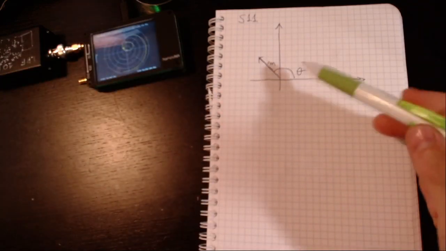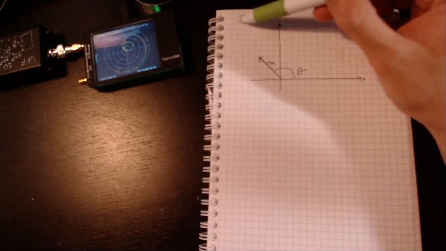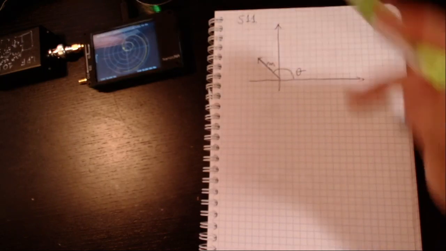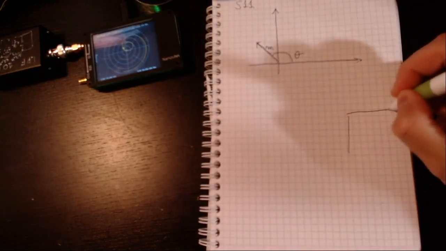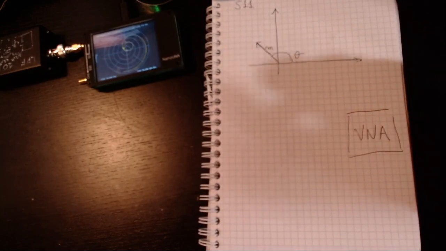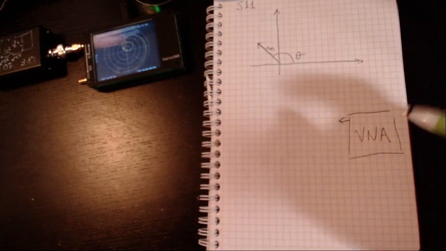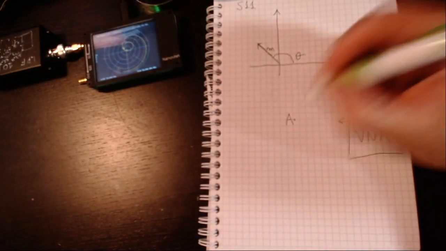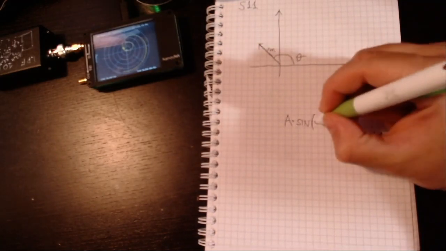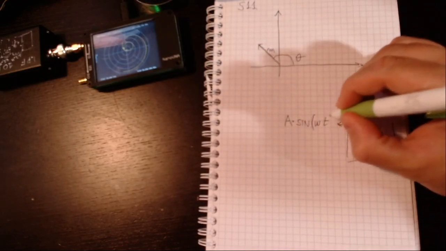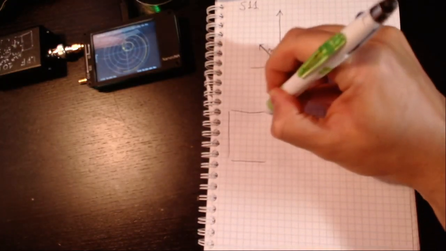Perfect. But we should not forget that the S11 is a complex number mathematically, but what does it mean physically? So I'm just going to remind you about this. Here we have our VNA, like the Nano, and it has an output port, this port here, and from this output port it is emitting a signal, okay? This signal is going to have some amplitude, A, and it's going to be a sinusoidal function, sine, with some frequency, or period, W. So it's something of this form. This signal is entering the device under test,